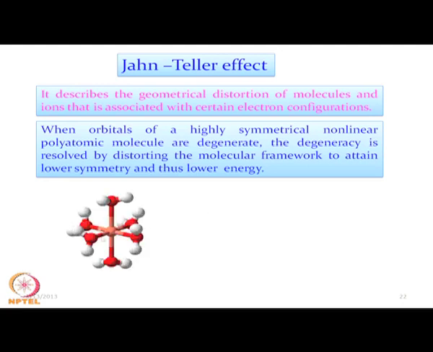So, we will see that this can be a regular geometry, but if it is for a copper ion, copper 2 plus, which has some unequal occupancy in the Eg level, this particular molecule would be able to go for some kind of distortion, through some electronic configuration which will be applicable for a tetragonally elongated one. That will give rise to the corresponding Jahn-Teller effect, and we will discuss that in detail in our next class. Thank you very much.